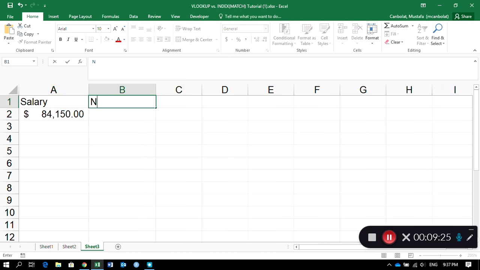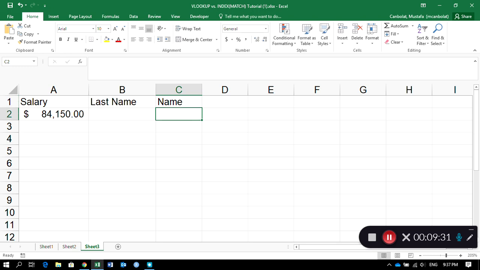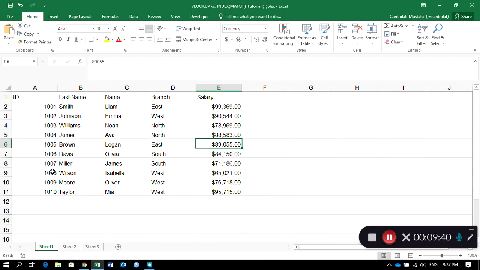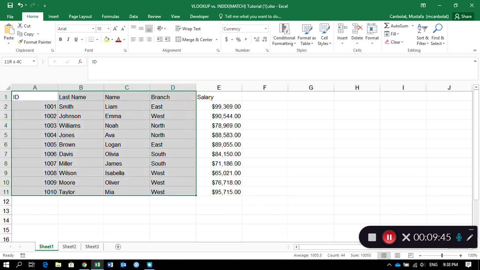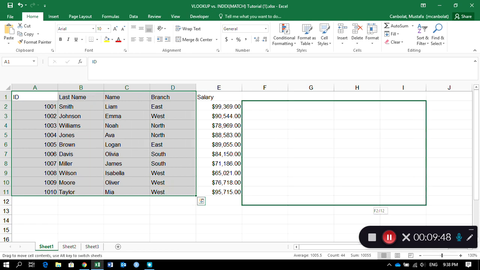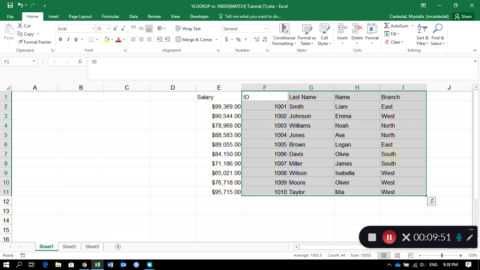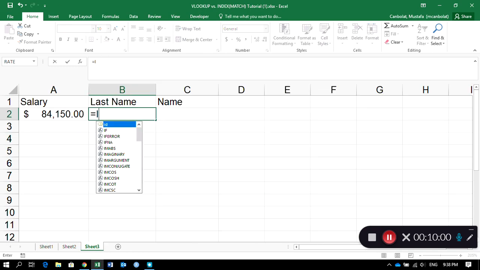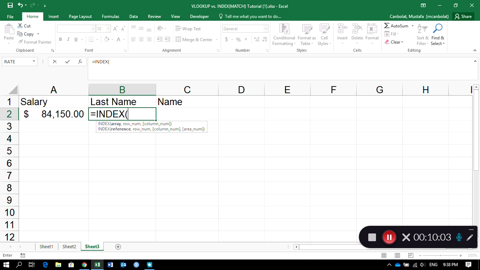So I'm going to type the 84,150 salary, and I want to populate the last name of the person, and then the name of the person. Let's do this. I'll have to use INDEX MATCH now because the salary is not in the first column of a table. Or I could move this to here and then use VLOOKUP. But I don't want to change the structure of my table, so I will stick with the INDEX and MATCH functions. I will look for the names,